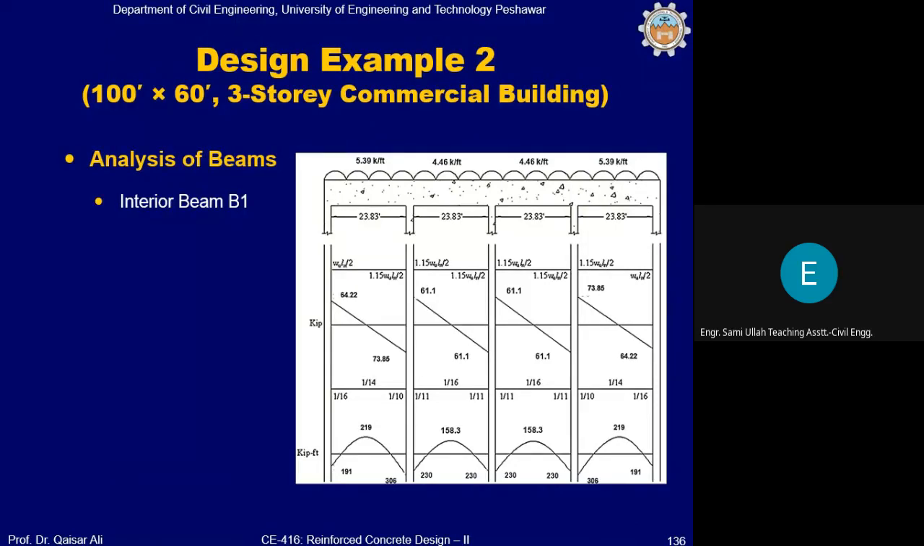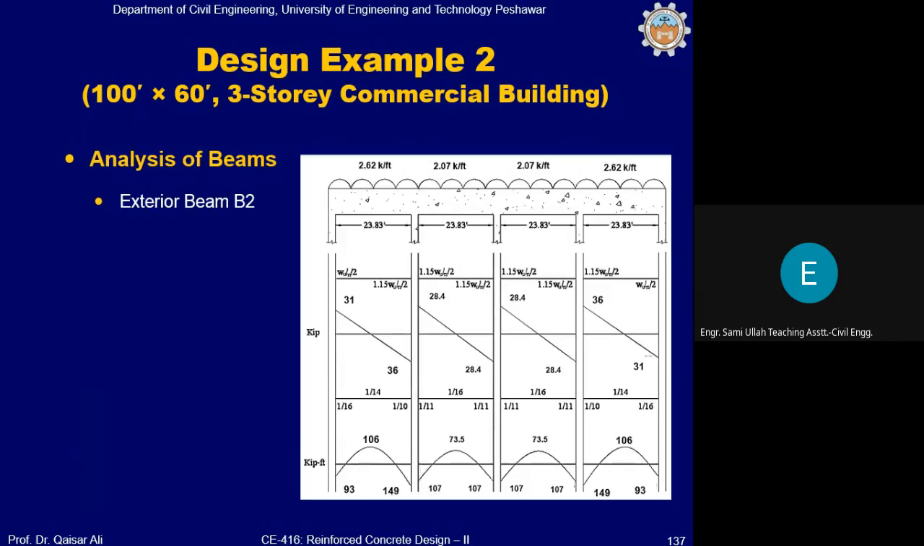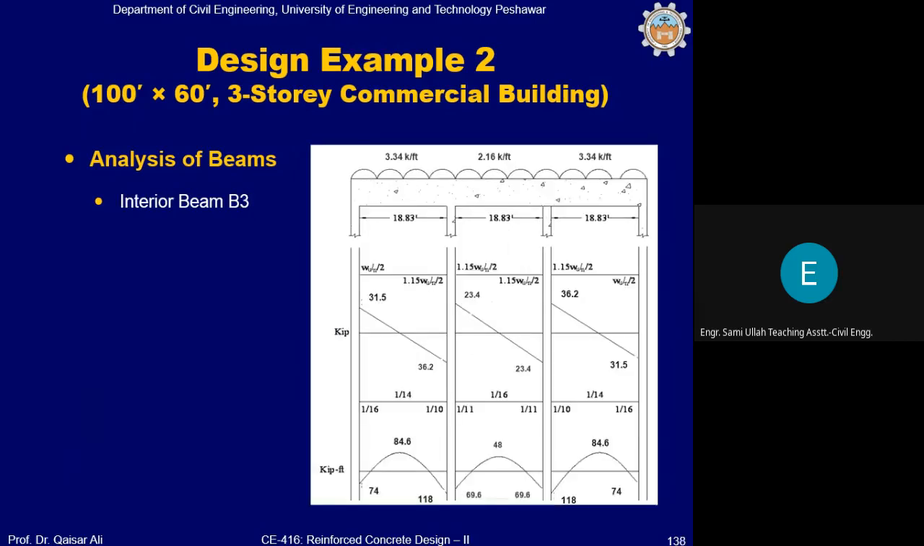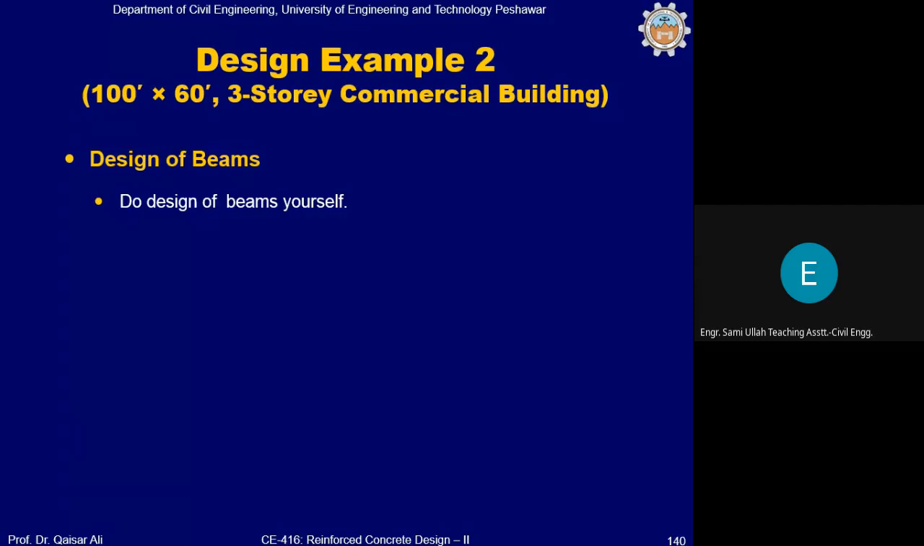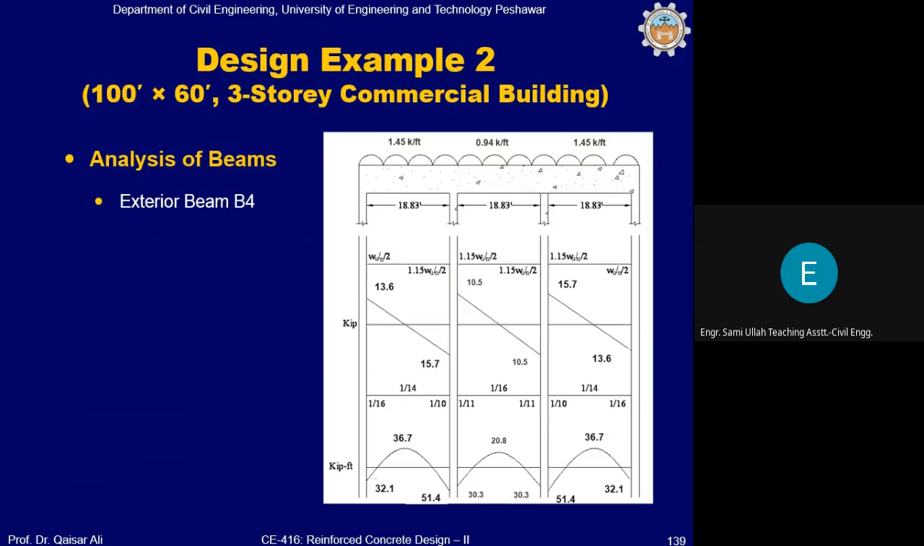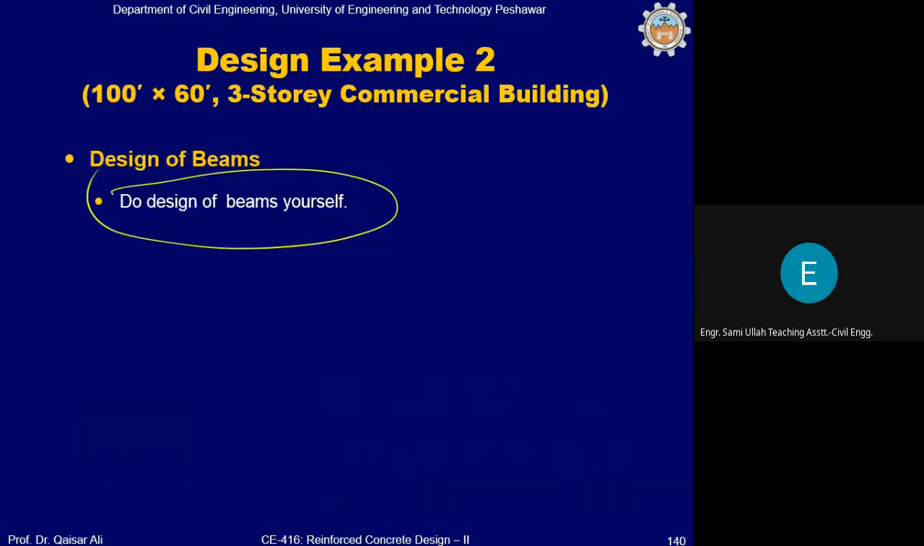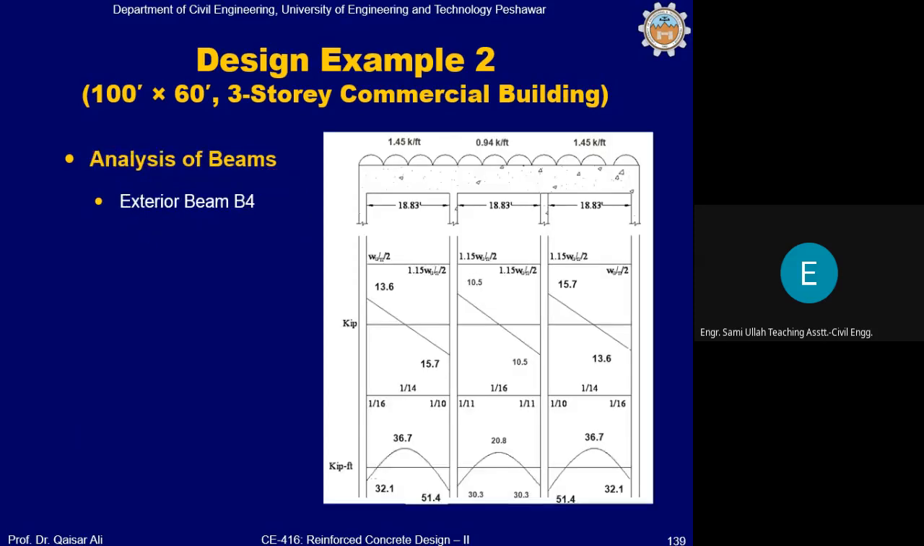सो यू कैन सी एनालिसिस भी ऑलरेडी गिवन है। दिस इज B2, exterior beam B2, interior beam B3, exterior beam B4, and finally, because moment and shear values are given to you, तो आप क्या करें, to design आप beams yourself, तो ये आप खुद डिजाइन करें शेयर के लिए भी और फ्लेक्जर के लिए भी। अब आप कर सकते हैं ना? जी सर, इंशाल्लाह हो जाएगा।